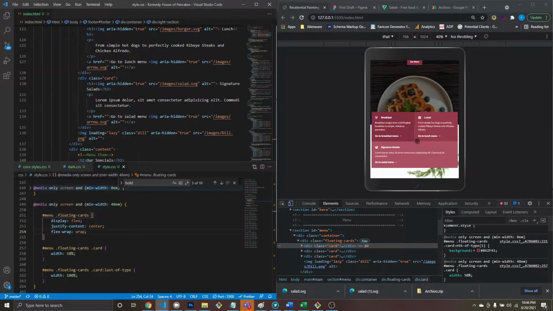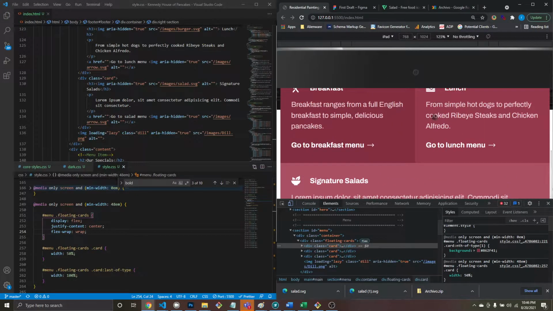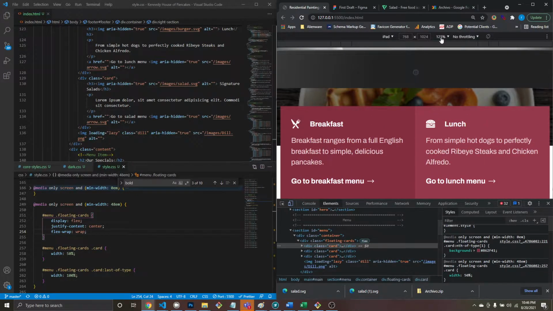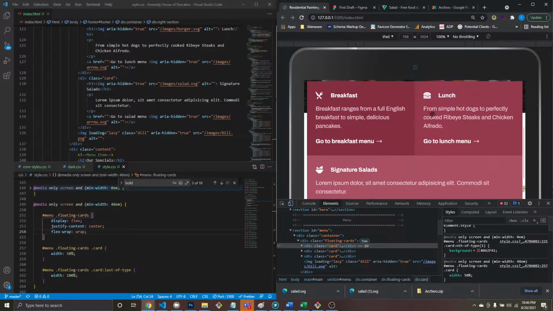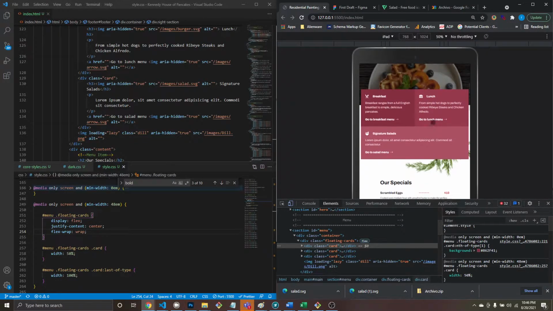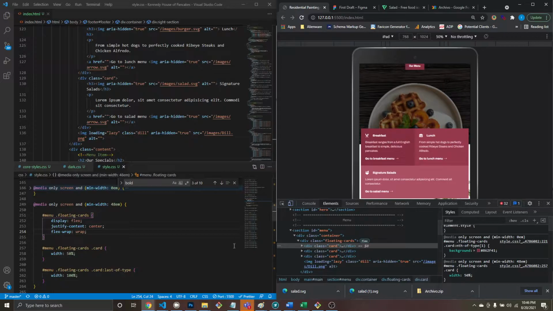But I don't like this gap. Is this just because of the inspector? Yeah, it looks like it's just because of the inspector. So when we zoom into normal, there's no gap. So when we zoom out, I want to make this one